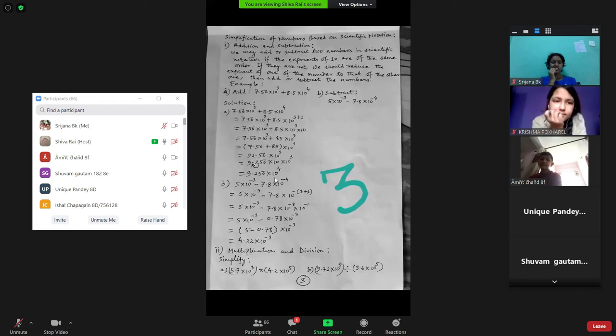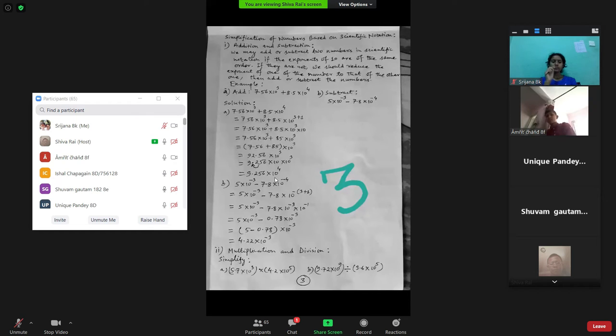So 9.256 into 10, if you multiply again, you will get 92.56. This is only another form. While converting, it should be neither less nor more. Are you getting me? Yes, sir. That decimal we are shifting one place left. If you are shifting one place left, you have to multiply by 10. If you are shifting 2 places left, you have to multiply by 100. If you are shifting 3 places left, you have to multiply by 1000. Are you getting me? Yes, sir. This is very important.